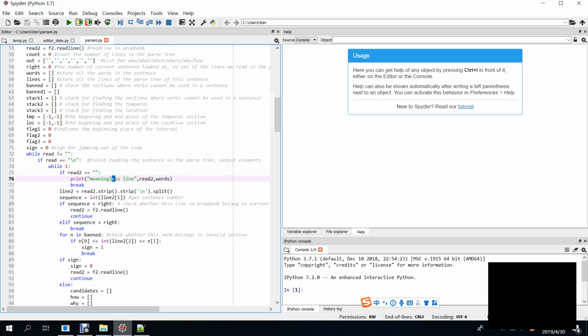So we want to extract the current line in the PropBank, which is line 2 here, and the sequence number is the number of the sentence that the predicate we're looking at right now is in. We want to find out whether this sequence number corresponds to the right sequence number of the sentence in the parse tree that we're looking at. If the two numbers are equal, we know that we are looking at the predicates of the current sentence. So we can